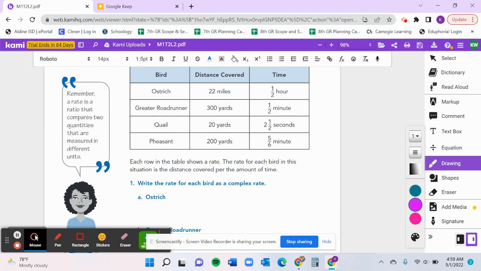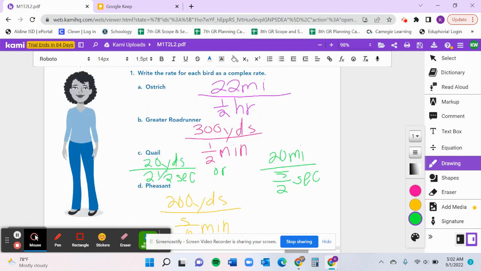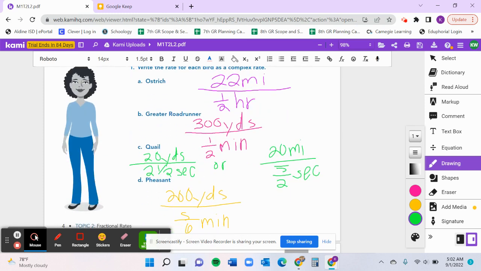So for example, the ostrich covered 22 miles in half of an hour. Just like that. Pause here. Let's check our answers. So looking at this table, you should have found that the complex ratios for the ostrich,